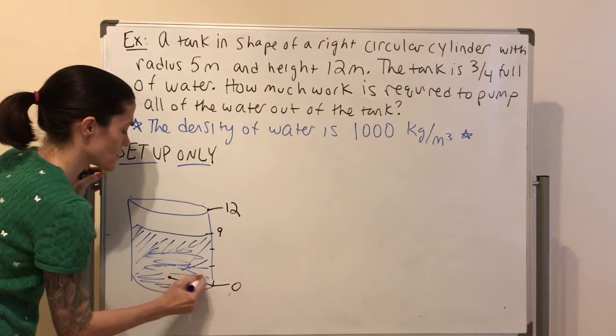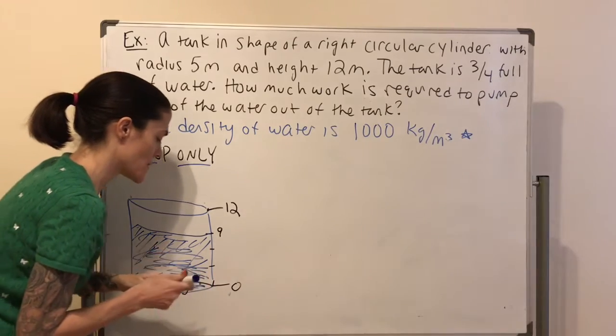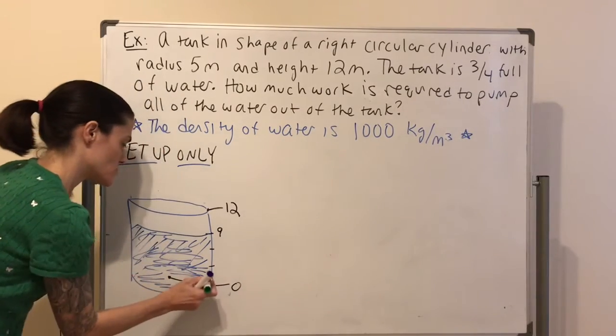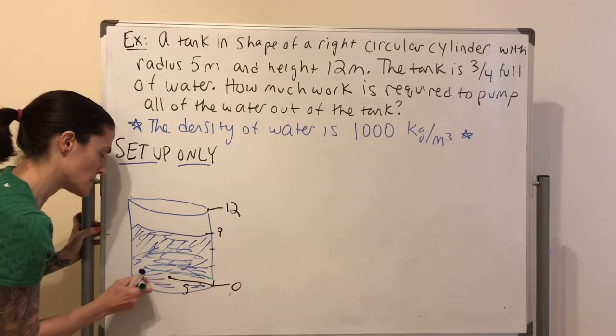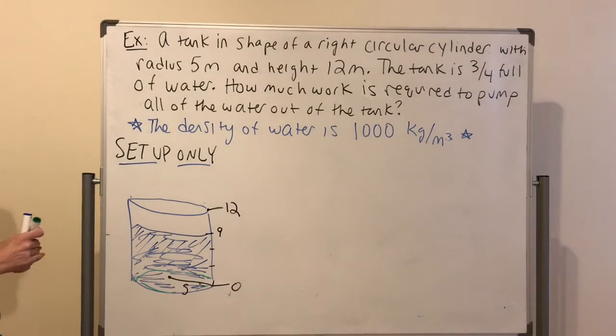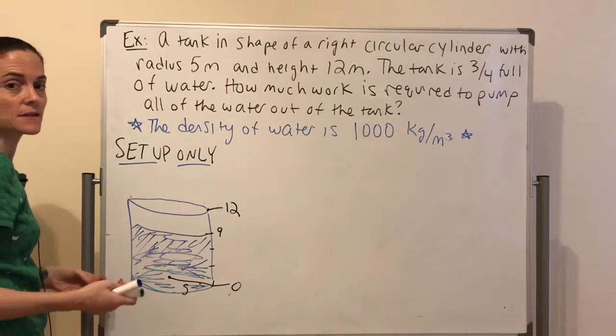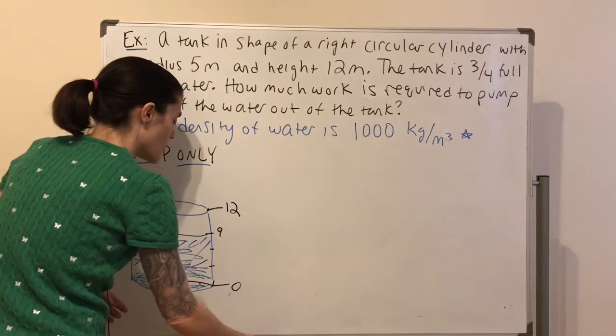Now is when my picture is starting to fall apart, but you have the idea. Maybe I should draw this in green. Okay, this is in the back, like this, in the front. You have the idea. This is my tank. Now, what I need to do is pump all this water out of the top. So,